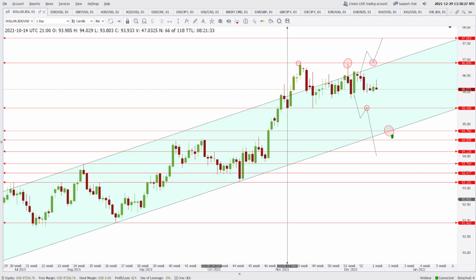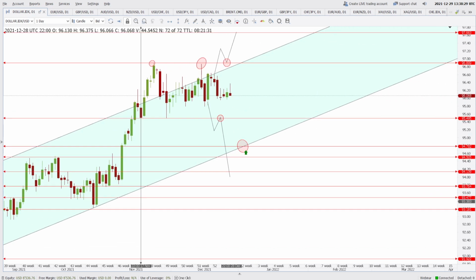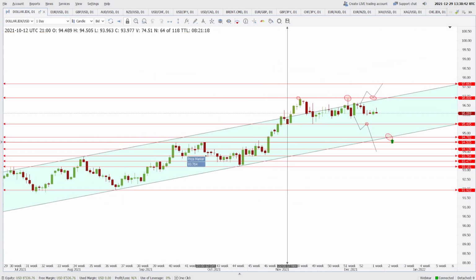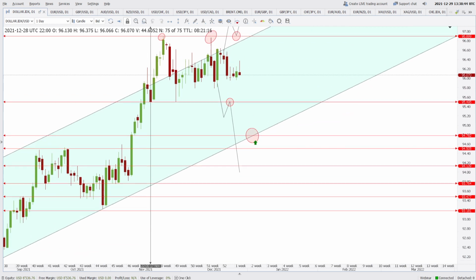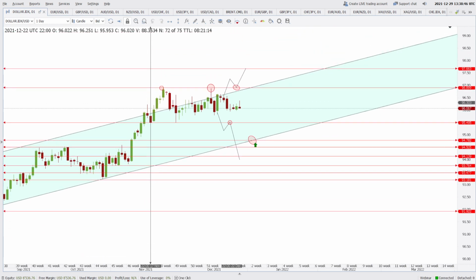So the first thing that I'm going to show you is the dollar index, like I always do. And the dollar index, my friends, is still consolidating. Till the time the dollar index is moving between 95.49 and 96.89, it is consolidation only, because the price is making higher highs and higher lows, and we are expecting an up move further. So we are looking for a buying opportunity, and that can be a very good opportunity near 94.78. So I'm expecting 95.49 to break to the downside and reach the 94.78 level,